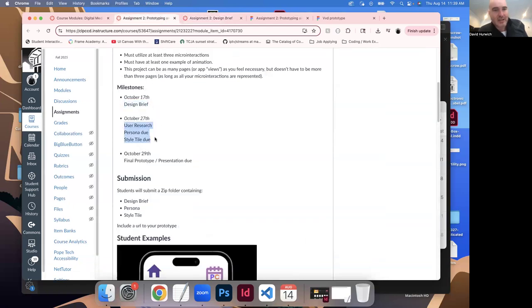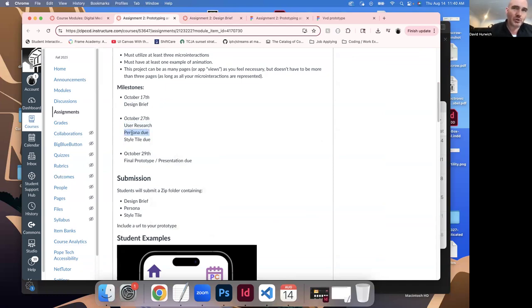And then you will also work on researching for your app. Whatever your app idea is, you'll research with real people, demographic information, psychographic information. Would they like this? What would make this app appealing to you as a user? From that, the idea is you'll take the information, build a persona.